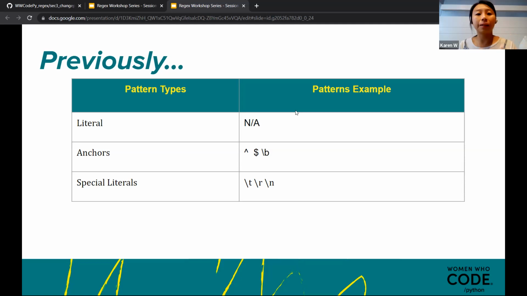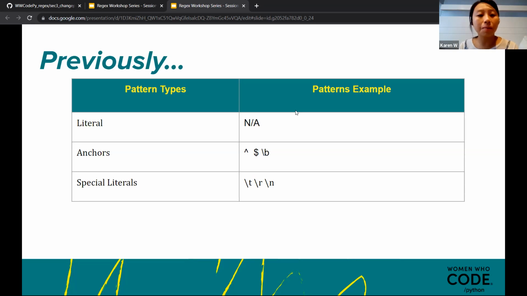Metacharacters are a huge part of regular expression. If you've tried wildcards before, you literally use them all the time without knowing it. I just want to take a moment to recap in case this is your first time joining.